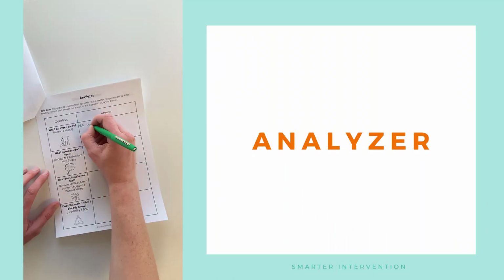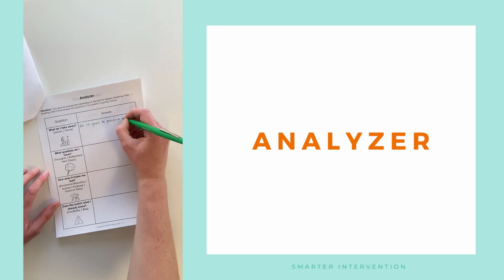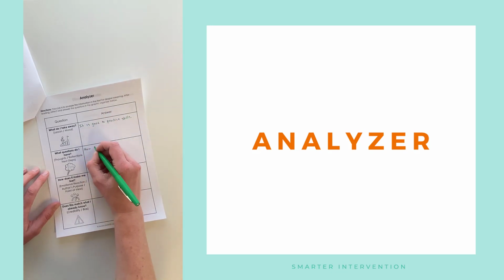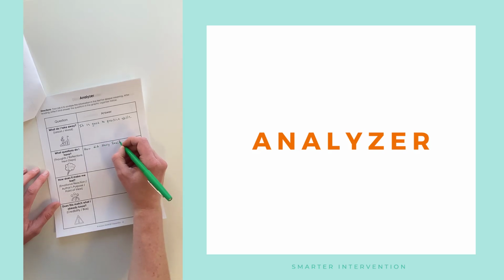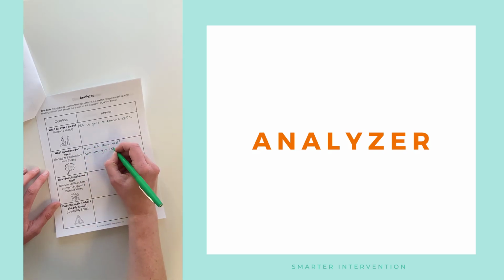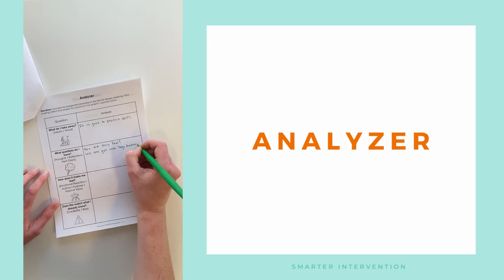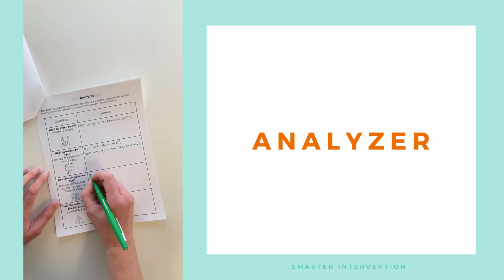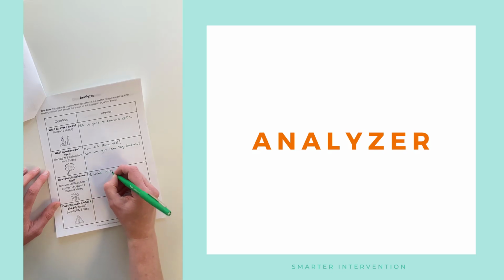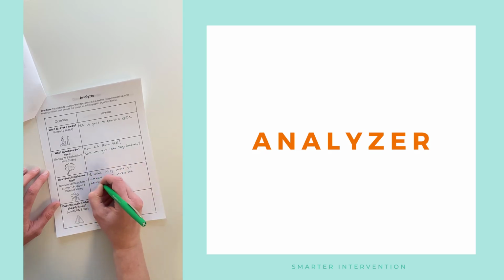The fifth level of comprehension is analyzing. And so this is the highest level of comprehension. It's going to be a little bit trickier, but it's really going to help students to think more deeply about the text. So that analyzer is going to be thinking about if there is some sort of takeaway message they should be taking away with them, if this information matches information they already know, if they have questions, if perhaps there's some sort of author bias. And this is just really helping students to think more deeply about what they're reading